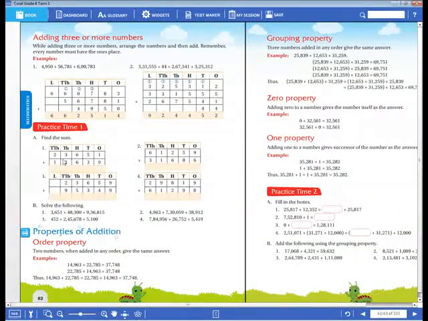See some few examples, dear children. Can you give me the answer for this? Now note down in your notebook, practice time 1, and you have to write down this number in your notebook and give me the answer. Okay, note down in your notebook, please. Write down the chapter name and write down practice time 1, and the first problem you have to copy down in your notebook and give me the answer.